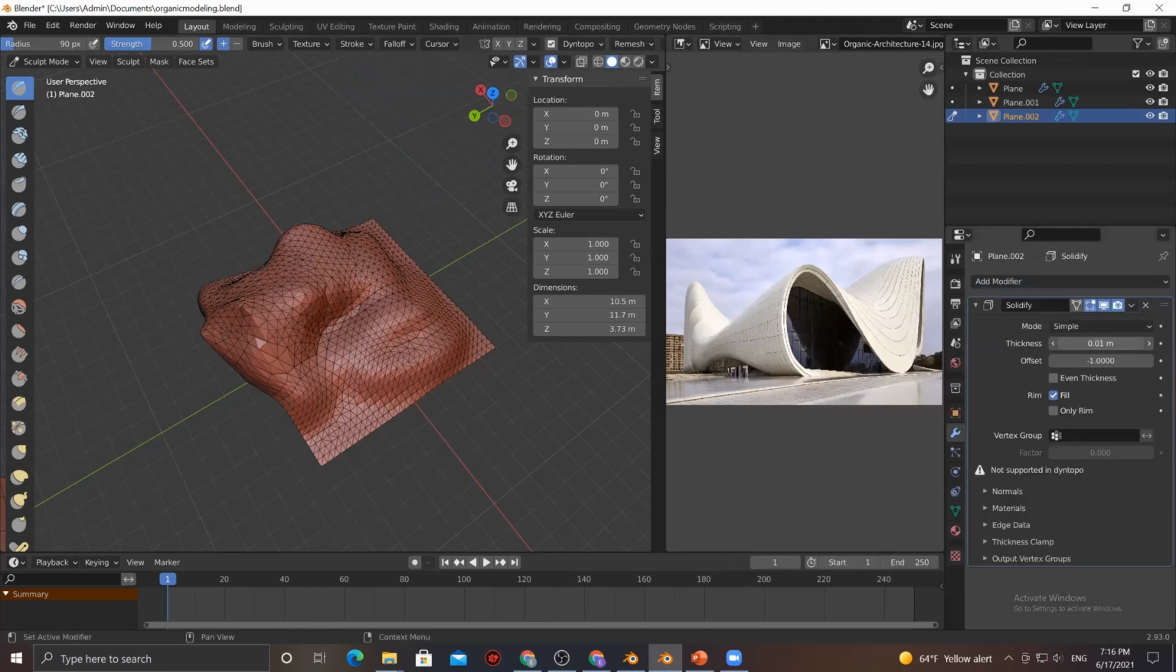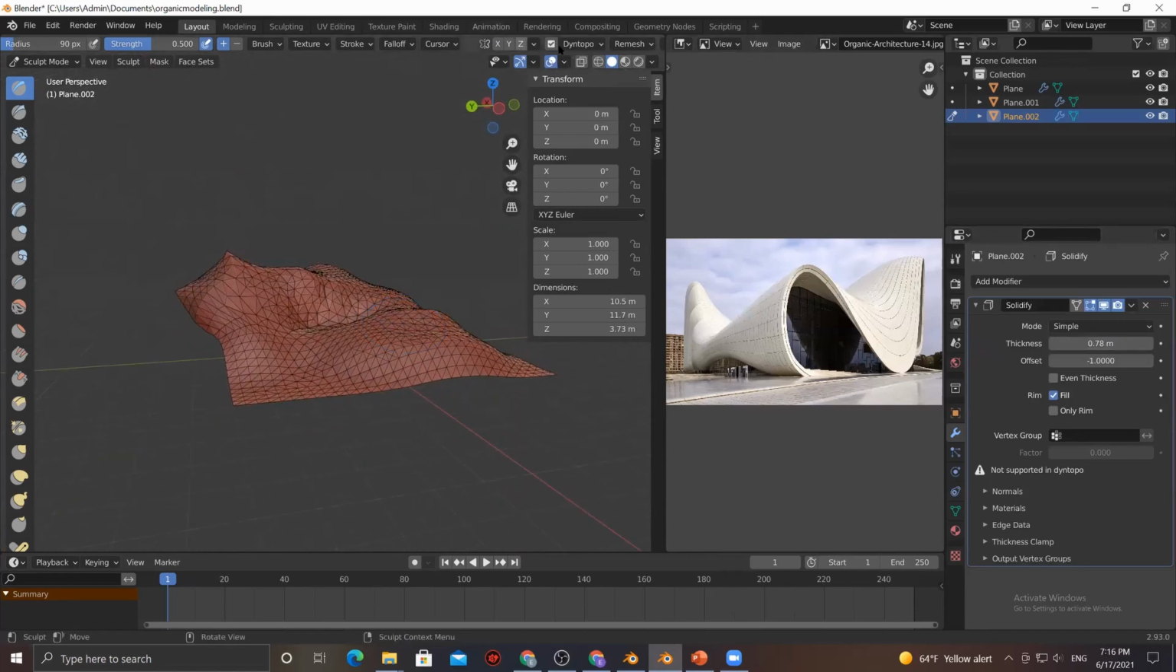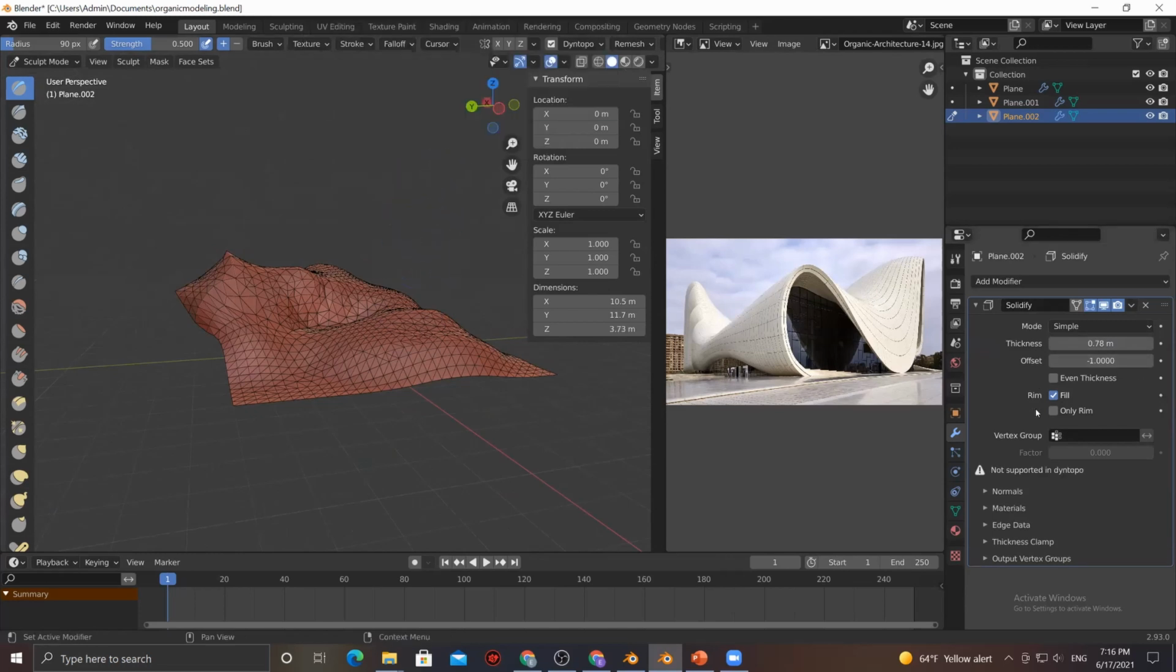Let's try to do a Solidify Modifier, and let's see. Let's try to enable Dyn Topo. Generative modifiers detected. Blah blah blah. Okay. So it's saying that keeping the modifiers will increase the polygon. Blah blah blah. Yeah, that we're fine with that. Yeah. So Solidify Modifier is not supported in Dyn Topo, but